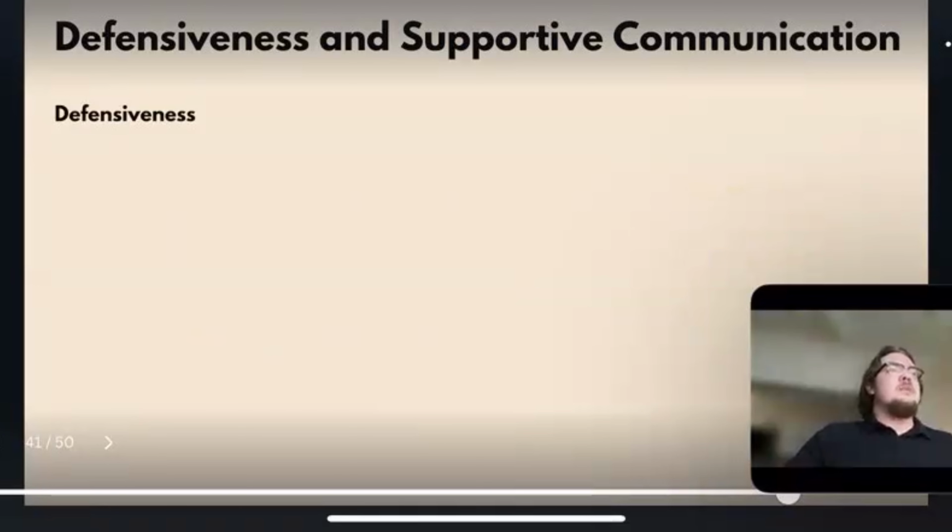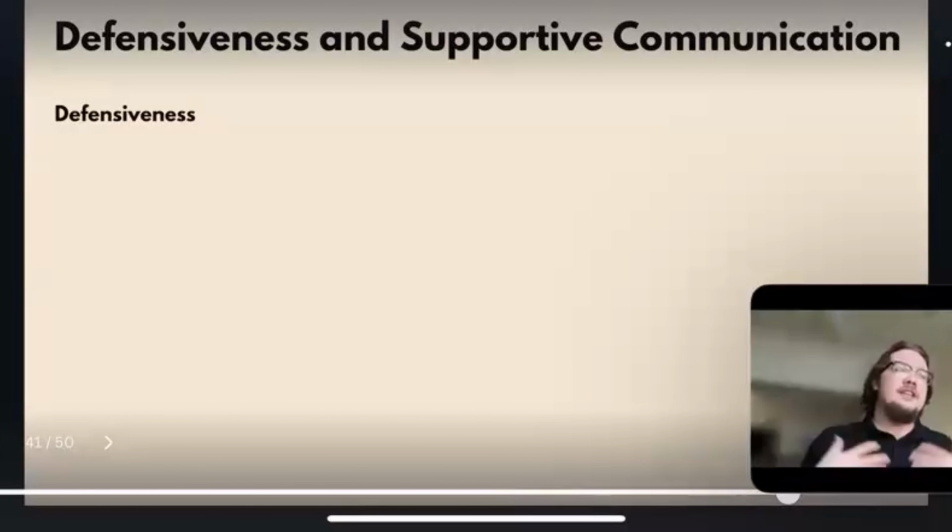But defensiveness is a reaction to a perceived attack on our self-concept and self-esteem. So someone gives you feedback saying, "Hey, you could have done better here." Some people would hear that as, "Oh my goodness, they think that I am stupid," or "they think that I don't know what I'm doing." Or we can say, "Wow, they are being rude," right? When in all actuality, they're just giving feedback. It's your perceived attack.